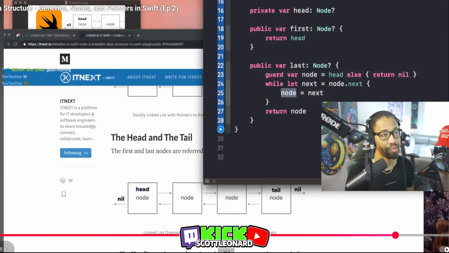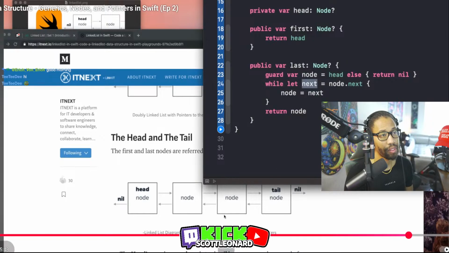node. So we're going to say, okay, node is now this. So this node is now equal to this node. And then we're going to do that again because it's a while loop. We're going to say, okay, it's a while let. So it's looking to see if it's optional too. Next value, does it have a value? And now that's next. This one is now next. If it does, then we want to set this now equal to that node. And then we'll do it again.